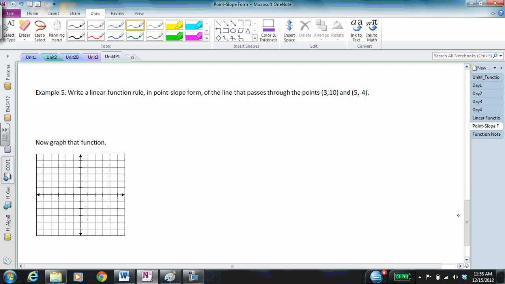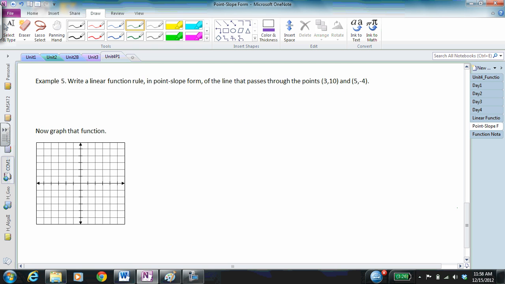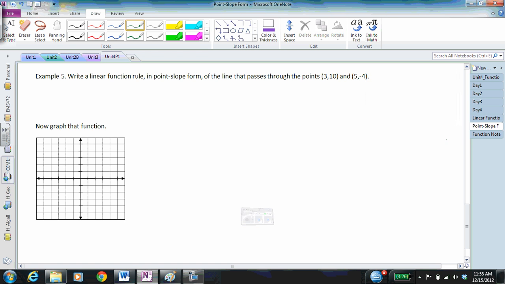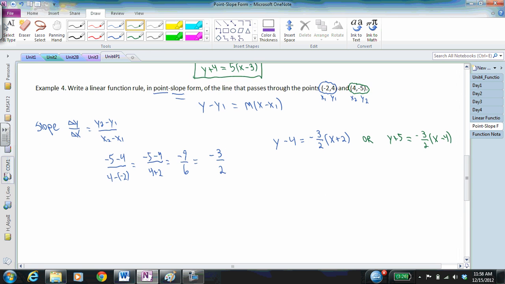So here's another example. Write a linear function rule in point-slope form of a line that passes through the points (3, 10) and (5, -4). Actually, before we do this one, I want to go back to the other one for just a second. Let's say that once you got these function rules, you were told to now write the rule